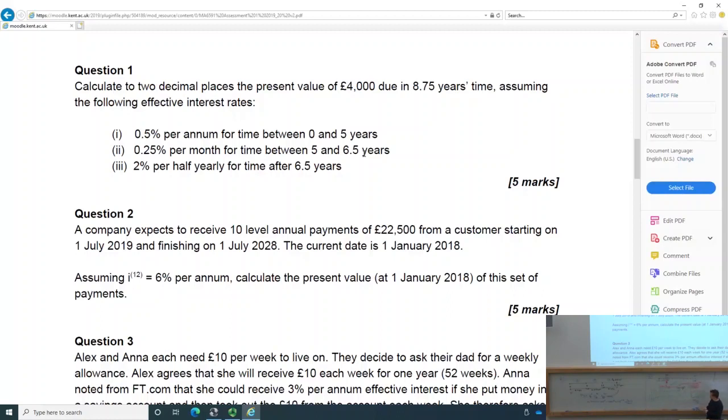So we've got another 18 months to go back. We've got a monthly effective interest rate here, so we know this is 1.005 to the minus 18. So I'll put that extra discount on here, multiplied by 1.005 to the minus 18. And the answer comes out